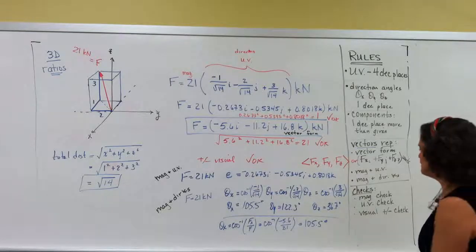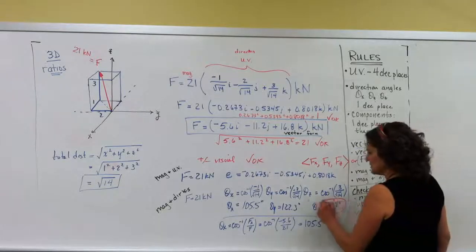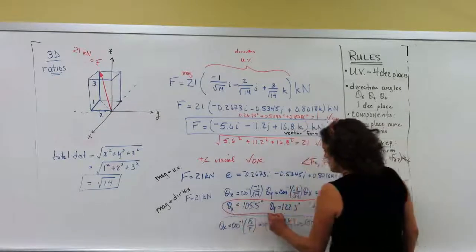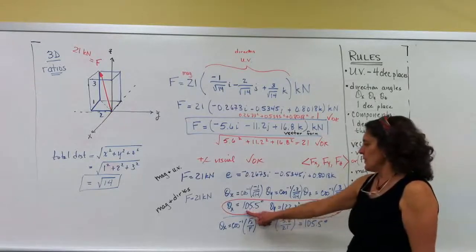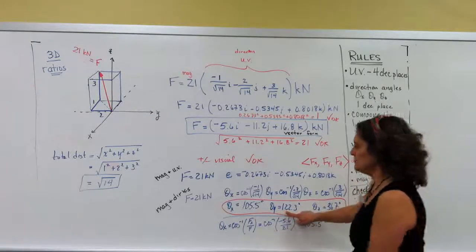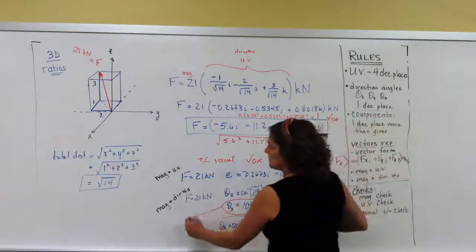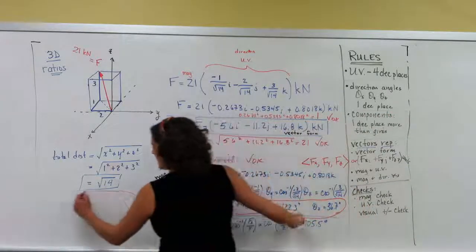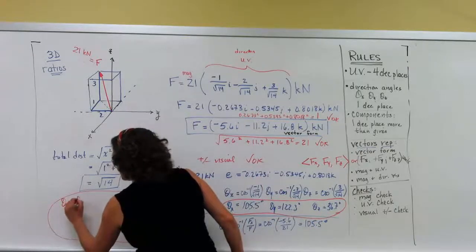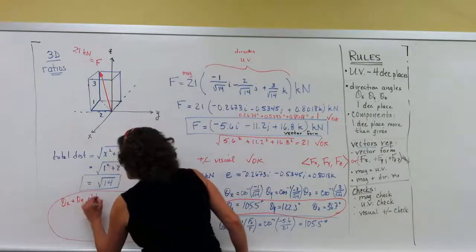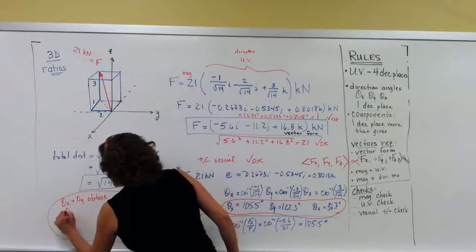Okay. Let's take a look at this. What do you notice about theta x and theta y? Let's do it over here. Theta x and theta y are both obtuse. But theta z